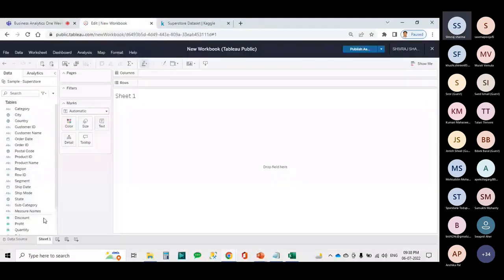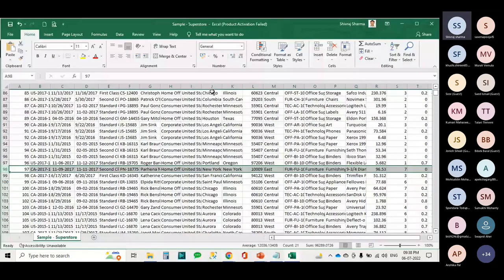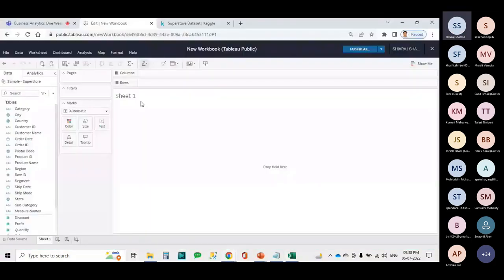As you can see, we are doing our first visualization of a bar chart over here. I am just explaining the interface again. These are the columns and rows, similar to what we have in our Excel file. You can say that Tableau is a replica of Excel with many features, just like Windows 11 has many more features than the previous versions. Sheet 1 is a frame where the working visualization will be